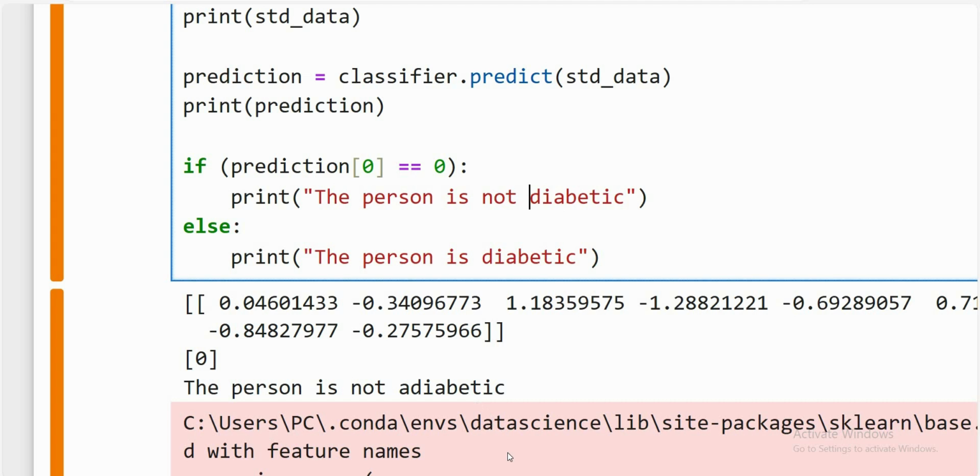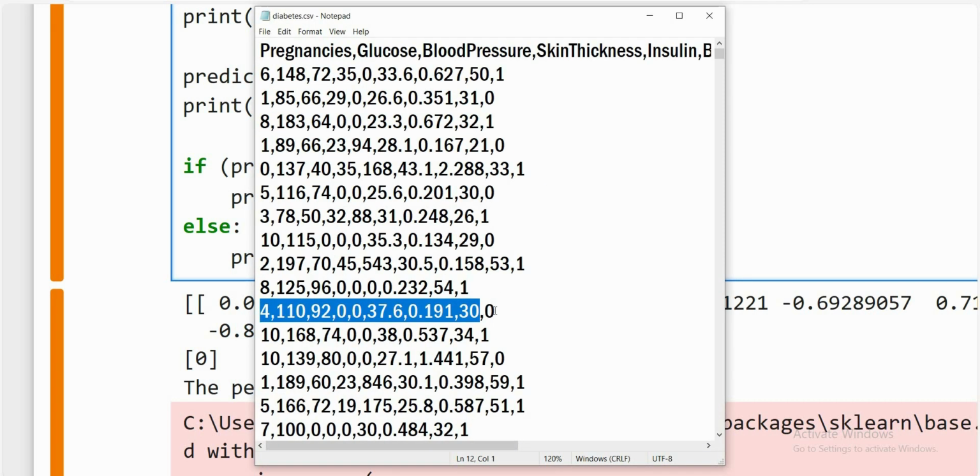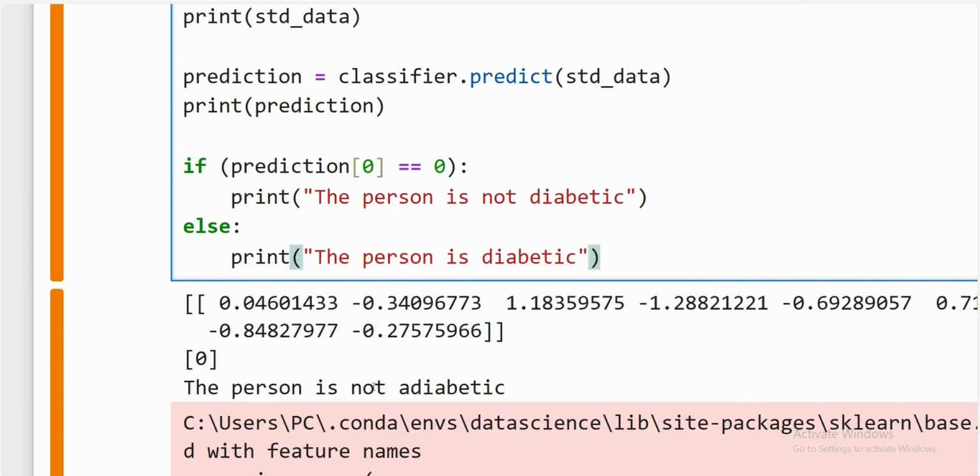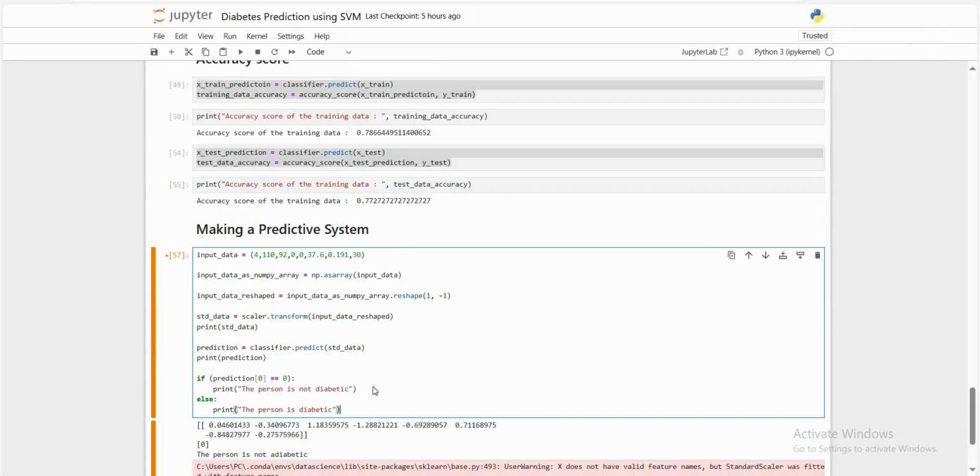If the prediction is equal to 0, that means the person is not diabetic. And if the prediction is 1, that means the person is diabetic. And if we see the result is 0, that means the